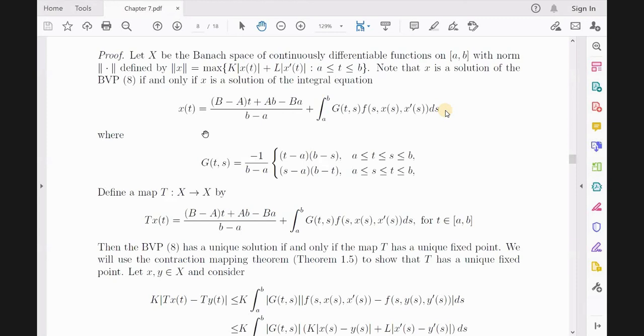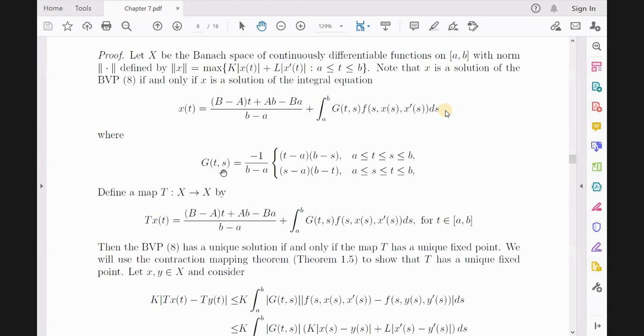This is x of t equals (b minus a) into t plus ab minus ba over b minus a plus integral from a to b of G(t, s) f(s, x(s), x'(s)) ds,